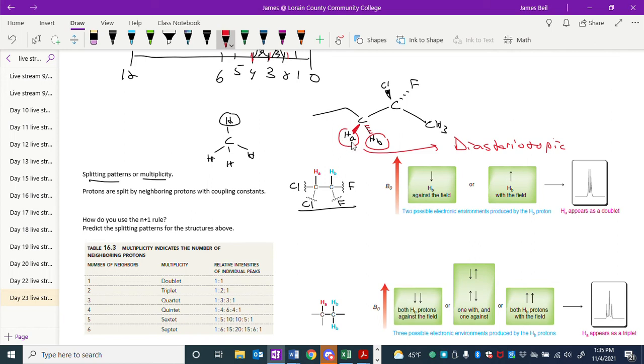Because if I were to replace one with a deuterium, I would get a different diastereomer than if I replace the other with a deuterium. And spatially, one has a different relationship to the chlorine and the fluorine than the other one has. So they have different environments. That means they will potentially split one another. So hydrogens on the same carbon that are not equivalent, or hydrogens on adjacent carbons that are not equivalent, can be splitting one another. And the way that works is,